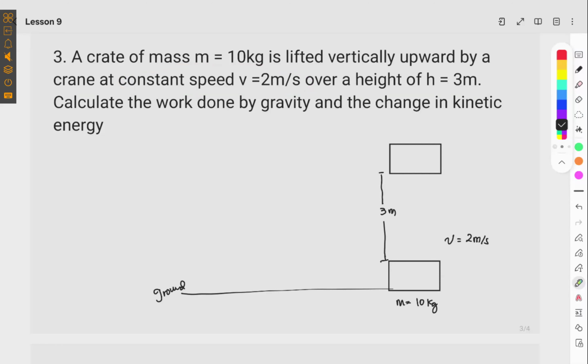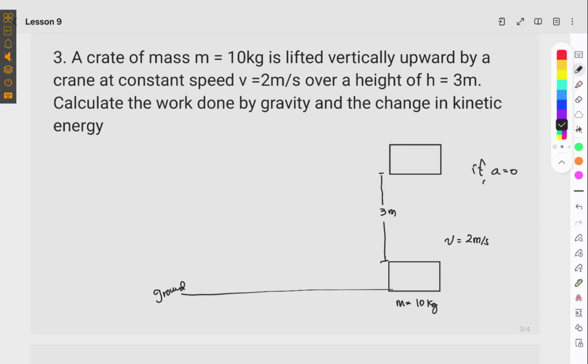Since it moves at constant velocity, the acceleration is 0. If the velocity is constant, the acceleration is zero, so the net force is